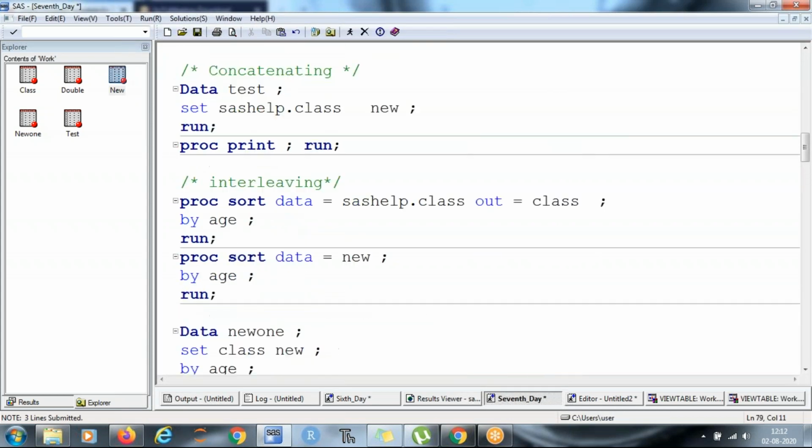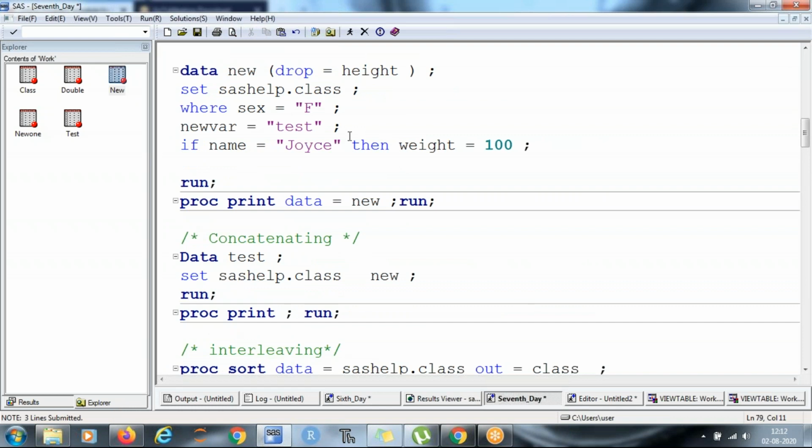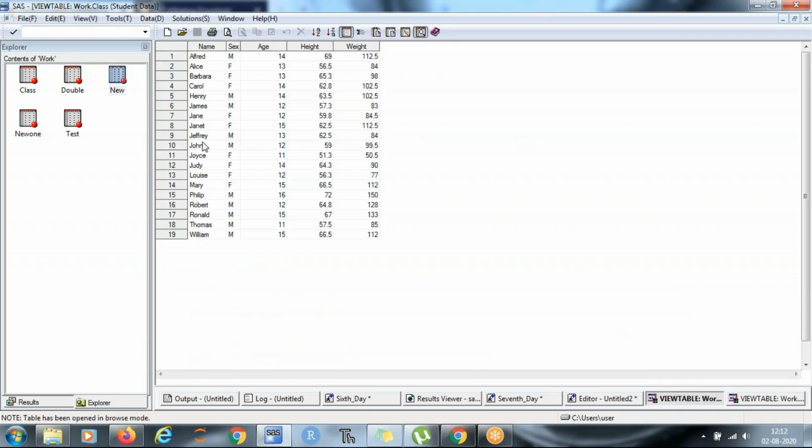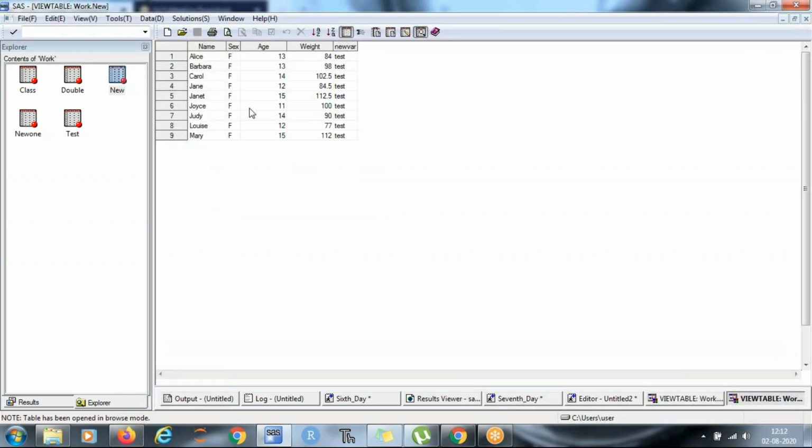Let me show you that thing. So here I have changed the weight of Joyce to 100, right? However, the weight for Joyce is 50.5 kg in my class data set, but in the new data set it is 100, right?